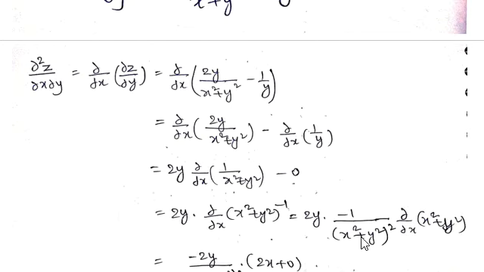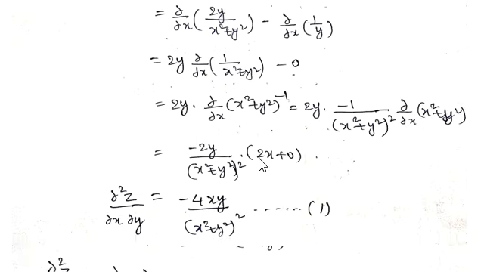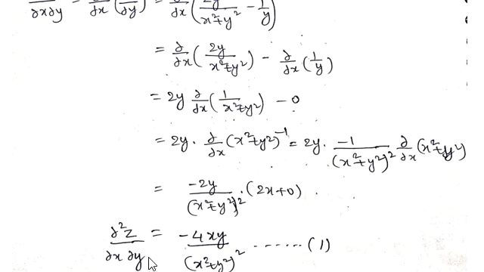In the same way, we are writing this in the denominator, so you will get x square plus y square whole square, and minus 1 is there in the numerator, and once again ∂/∂x of x square plus y square we have to do. If you simplify in the next step, it is minus 2y by x square plus y square whole square, and it is 2x, and this term will be 0. So when you simplify once again, it is minus 2 into 2, 4xy by x square plus y square whole square. So it is the ∂²z/∂x∂y value.